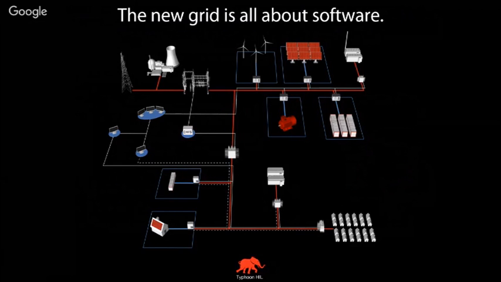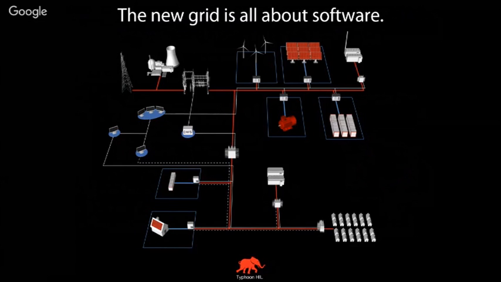What happened here? Well, basically, all these converters that are connecting renewable sources or storage facilities to the grid are power electronics converters that are operated by some form of software. And then on top of this, we have communication layers, which are again new layers of software. So in difference to the old grid, we can say that now this grid is quite complex, because we added layers and layers of code and software to it.